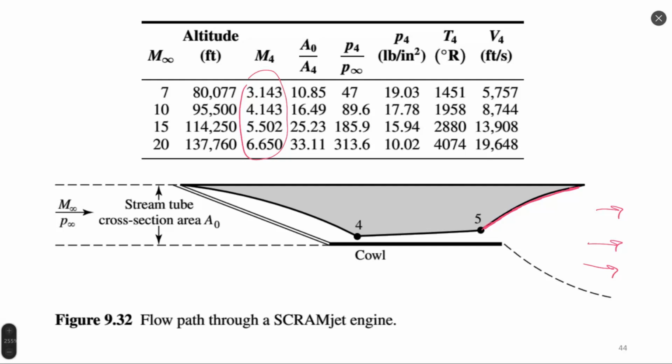Then there is area ratio. Pressure ratio: with increase of Mach number, pressure ratio increases. We can see from approximately 50 times at Mach 7 entering, we have 50 times more inside the combustion chamber, or at the exit of the diffuser, entrance to the combustion chamber, and we have more than 300 times increase of pressure at Mach 20. Since pressure increased so much, our combustion chamber must be resistant,